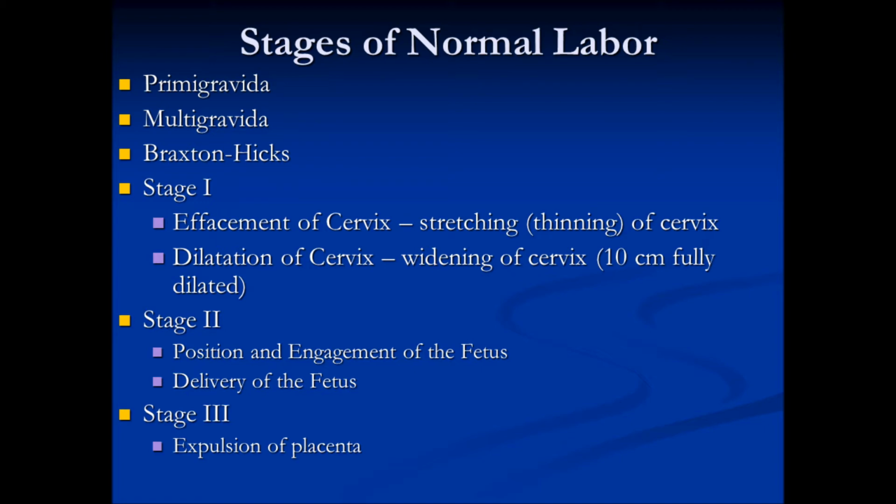The station is the location of the head as it relates to the level of the ischial spines on the maternal pelvis. Stations are expressed in centimeters above the ischial spines as negative numbers and below the spines as positive numbers. So the head is said to be engaged in the birth canal when it reaches the spine or a station of 0. So when we're talking about those stations, if you look in your text on figure 3-3, it